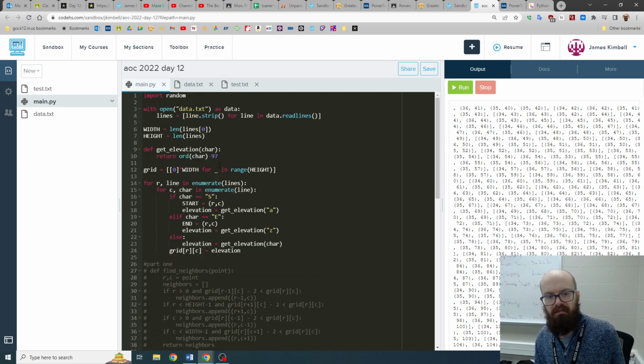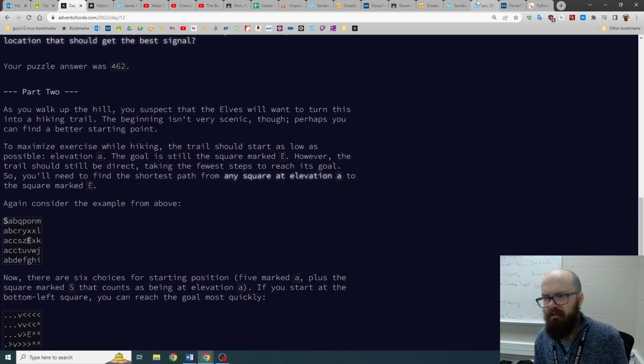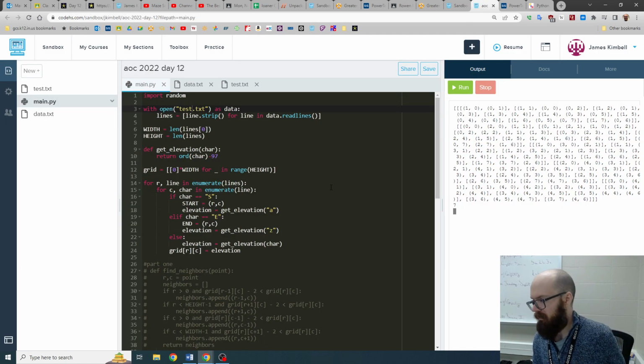Actually, what we should do is use the test data again, because they say, okay, if we do this with the test data, then we get 29. So we should try that. Obviously, we're not doing that algorithm part yet. This says 7 because we're still using the old